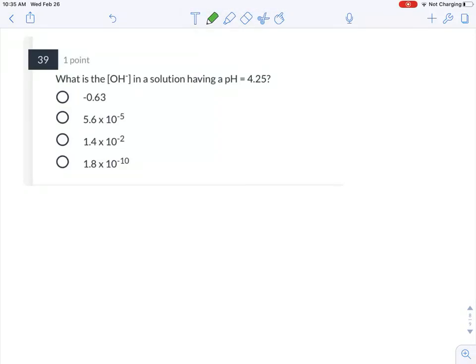All right. There's two different ways of solving this problem, essentially. So what we have here is the pH is equal to 4.25. And there's two ways to calculate hydroxide. One is to use this relationship, okay? And so the pOH is equal to 14 minus pH. And we can plug that in here, 14 minus 4.25, and we get a value of